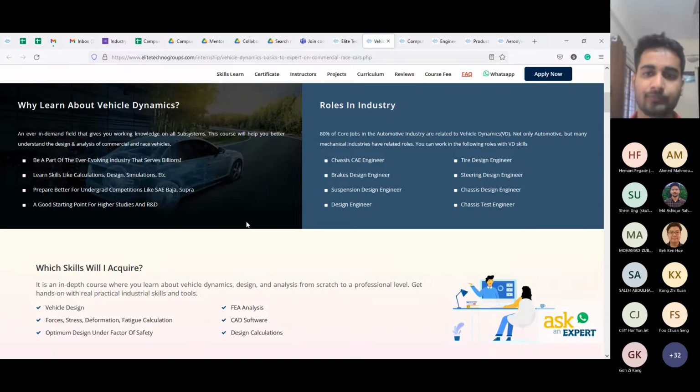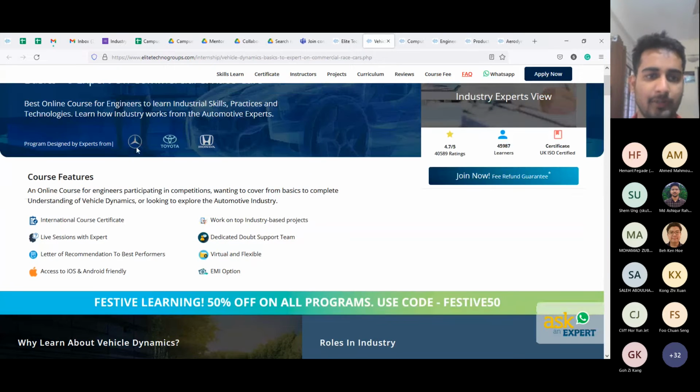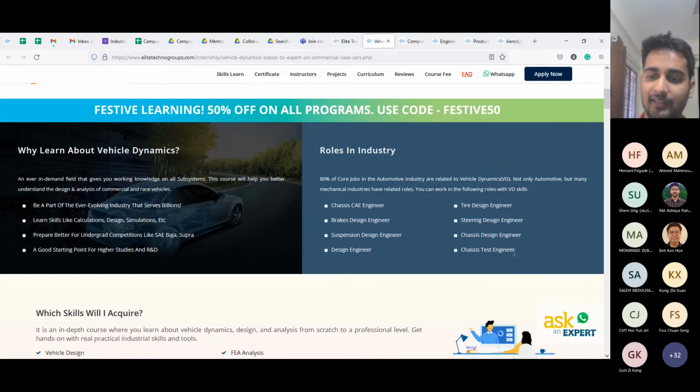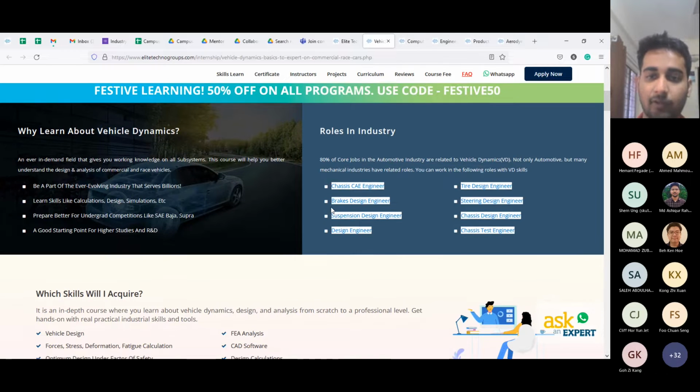How do we create a program? We talk to folks who are already in the industry. They tell us these are the requirements for a fresher or for someone with 1 or 2 years of experience, and if a student knows these things, we could hire them in our company. So when we created this program, we spoke to people from Mercedes, Toyota, and Honda, who suggested that for these roles,